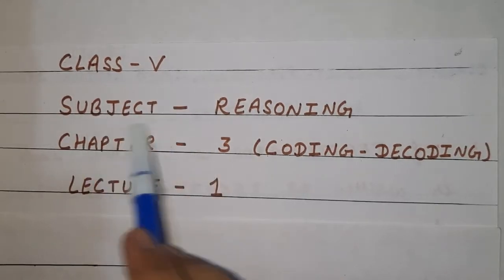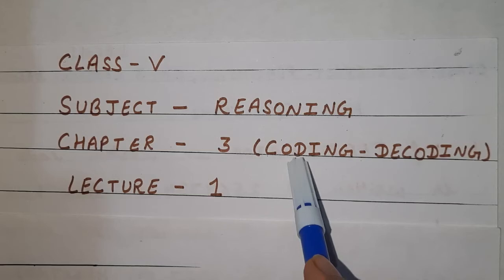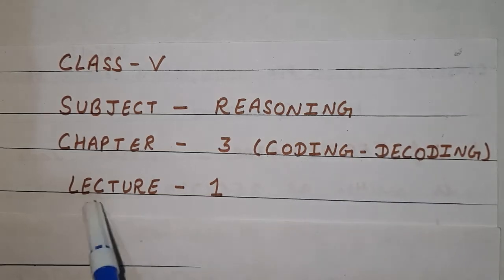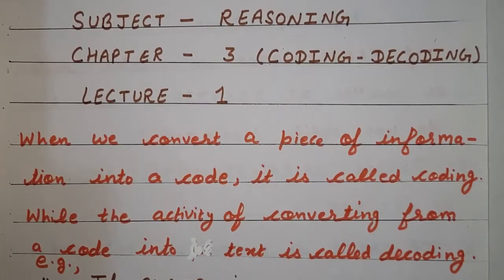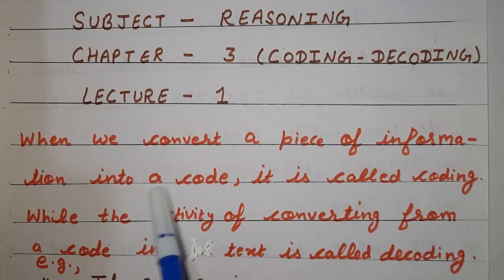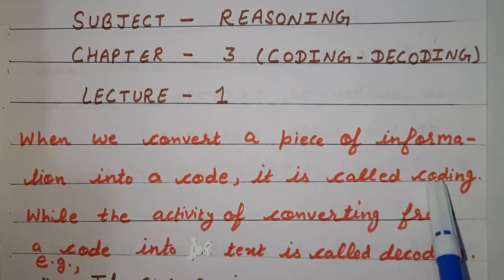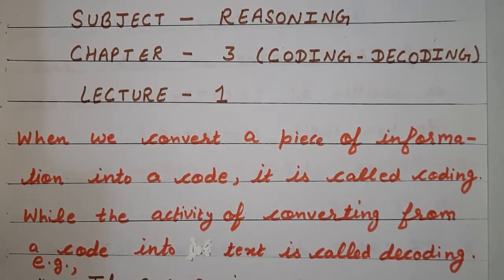Class 5th, Subject Reasoning, Chapter 3. Name of the chapter is Coding Decoding, and this is our lecture 1. When we convert a piece of information into a code, it is called coding, while the activity of converting from a code into text is called decoding. It means